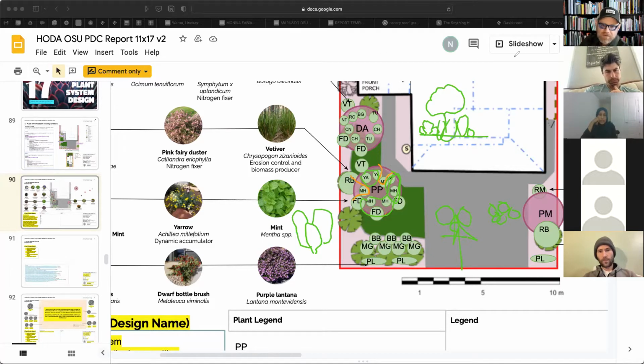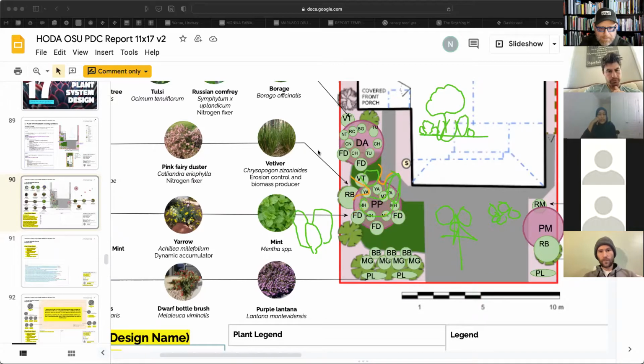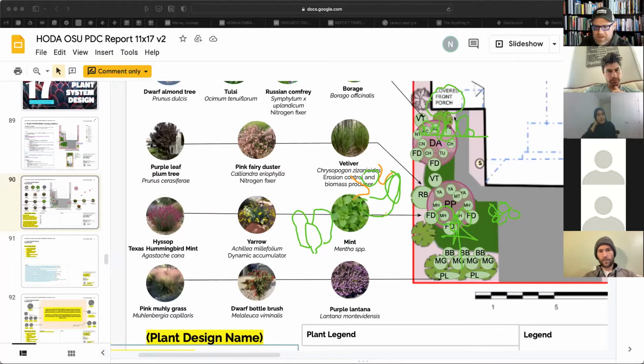I would say in terms of the planting that you've chosen, it's great. In terms of the plants you've chosen and the number, it's fine. I would just group them together a little bit more and make some room for pathways for the purple plum. Any questions about that? I'll move on to the dwarf almond, but